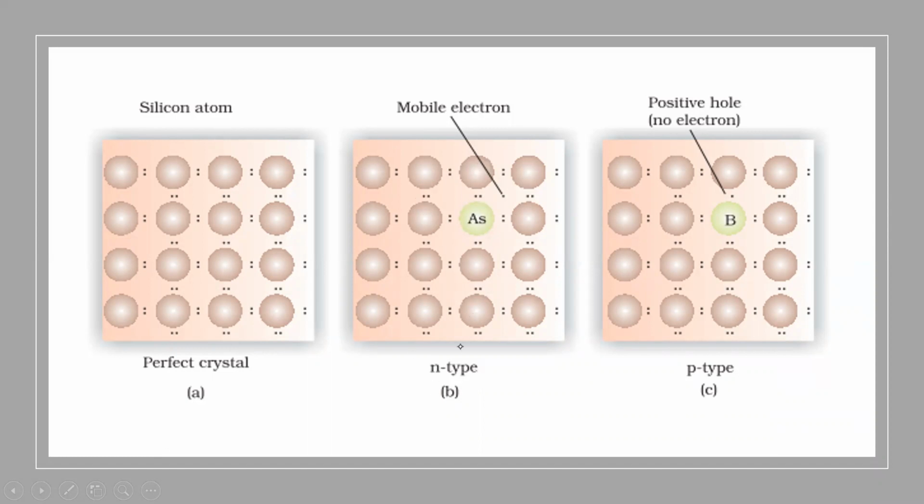So N-type semiconductor is formed by the addition of a 15th group element. If a 15th group element is doped into the semiconductor, it forms an N-type semiconductor. Similarly, if a 13th group element is doped, it is called a P-type semiconductor. So here boron is being introduced. It is called no electron, a positive hole. So it is the mobile electron and the hole, no electron, and these two are responsible for the conductivity of the semiconductor.